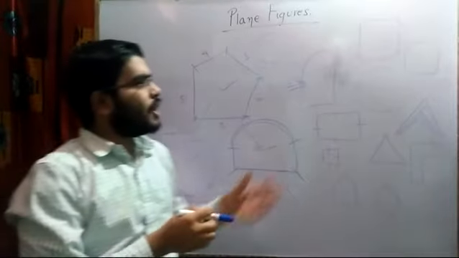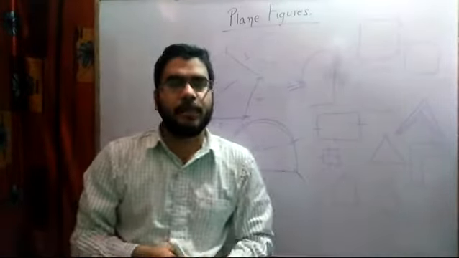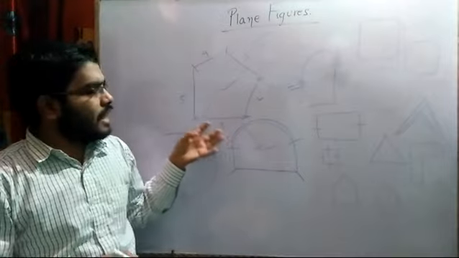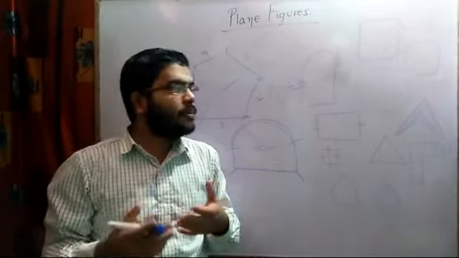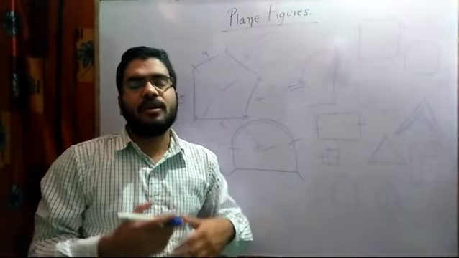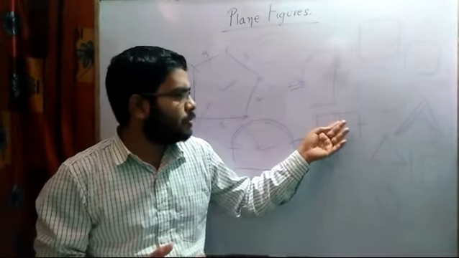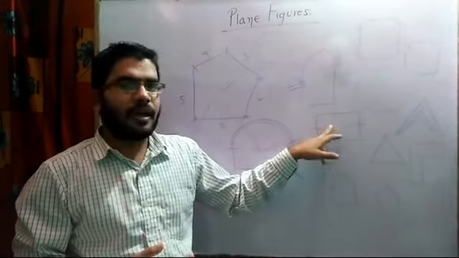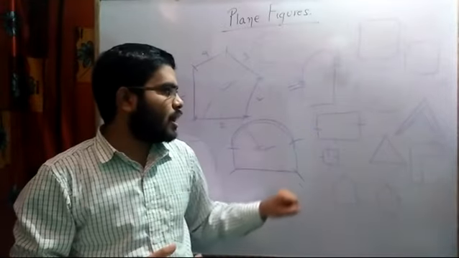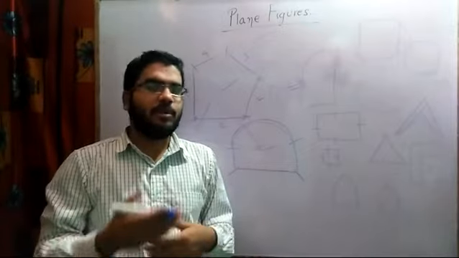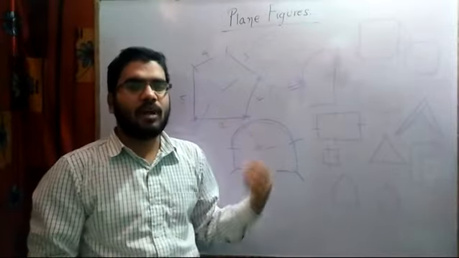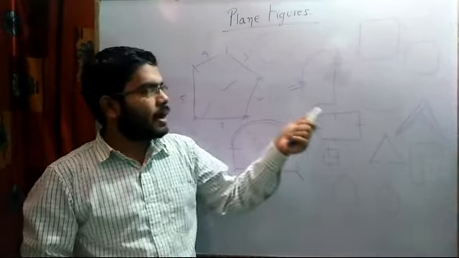So we have to find the areas of different shapes, different plane figures, and for this we need some formulas. I hope some of you may be knowing, I believe most of you may be knowing, the area of a rectangle, perimeter of a square, perimeter of a rectangle, then triangle and all. But still I will be writing the formulas of these certain diagrams.